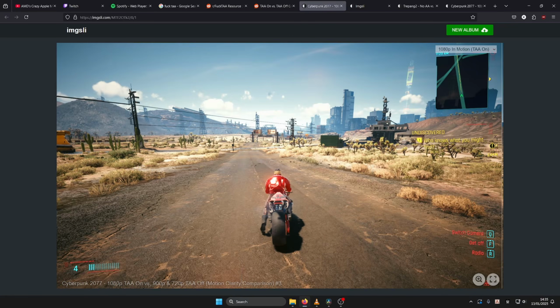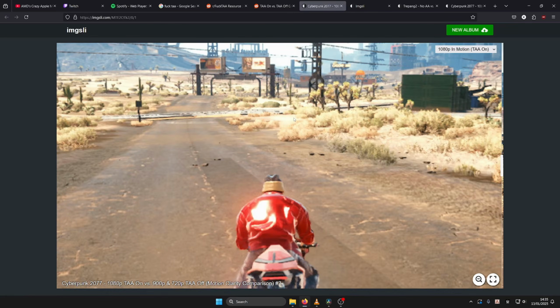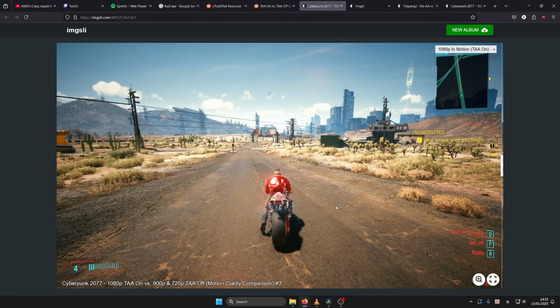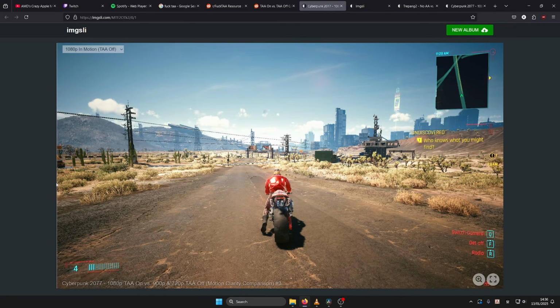So with TAA on, you see it's quite blurry. It really is. It's 1080p, but when you zoom in, honestly, even if you don't zoom in, okay, I can only record in 1080p because my computer is kind of bad, but still, on my monitor, that's 1440p, it looks blurry. It really does look blurry, because it is in motion with TAA on, right? So when you force it off, it's definitely sharper, but you'd see a lot of artifacts, okay?